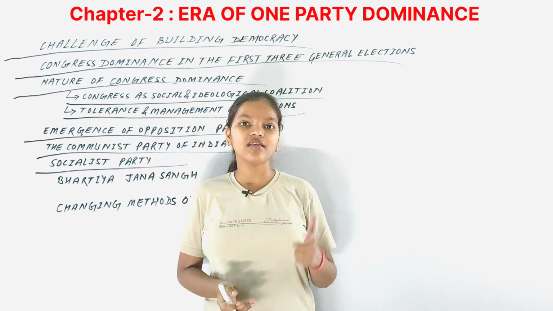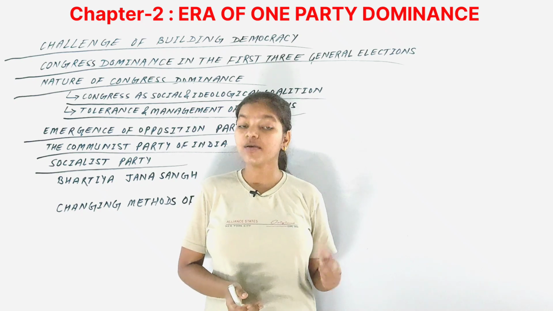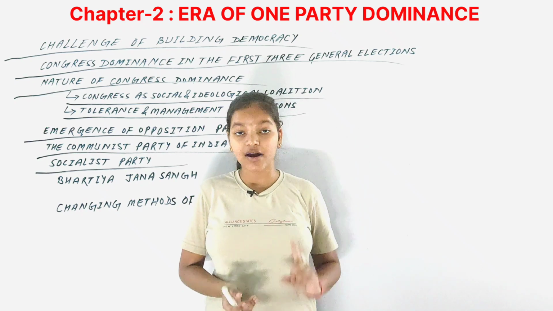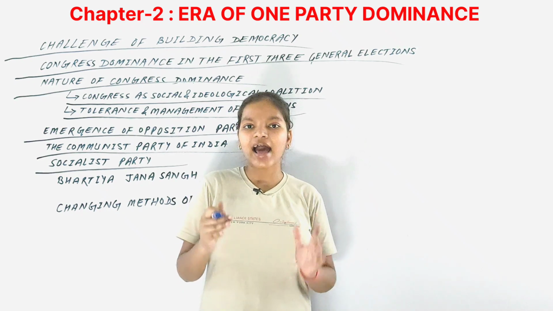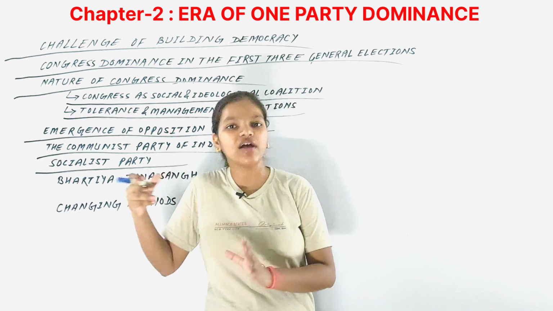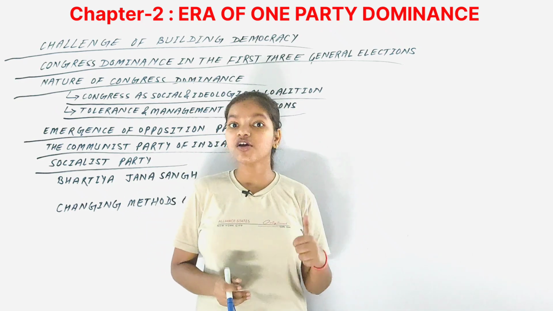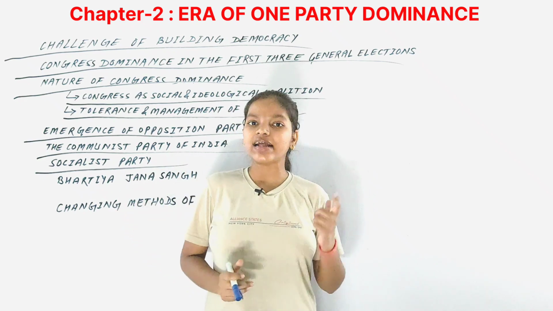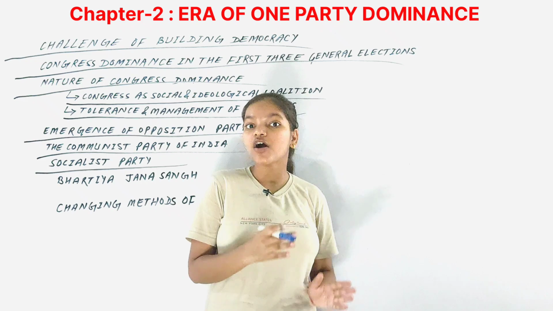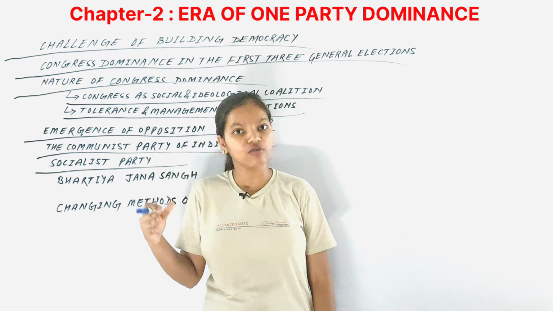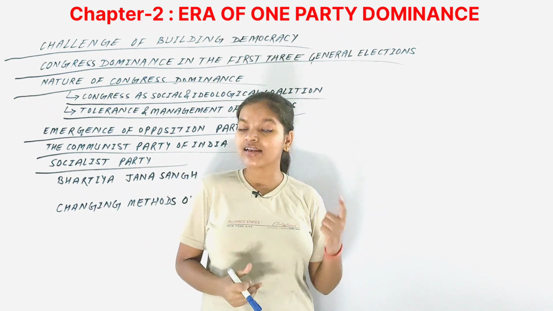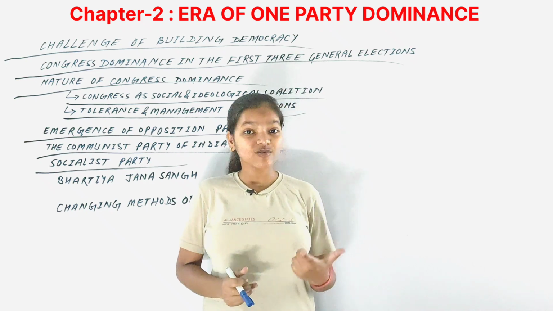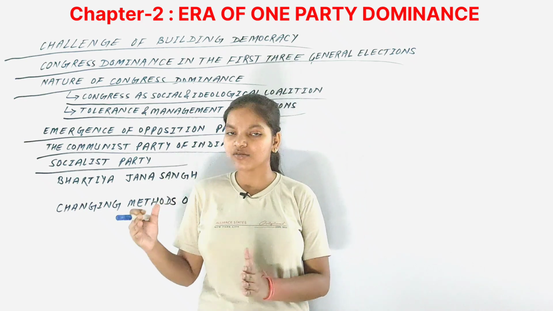So we can say that this Socialist Party at that time was a major opposition party, though later on it did not do very well in the elections. It had gotten votes but not seats, as we saw that in the first election it got 10% of the votes but less than 3% of the seats, and that's why it led to public disappointment.